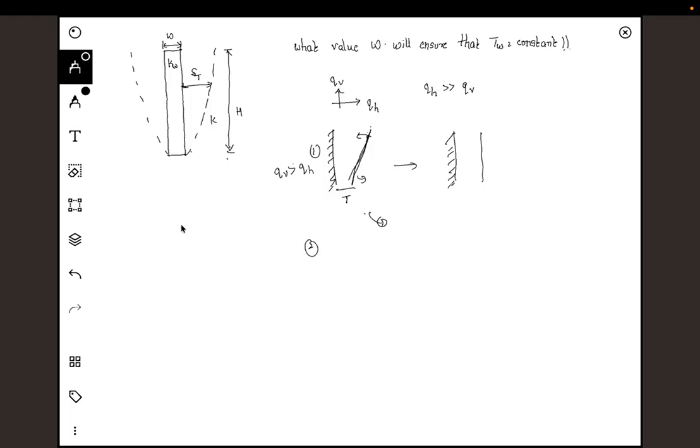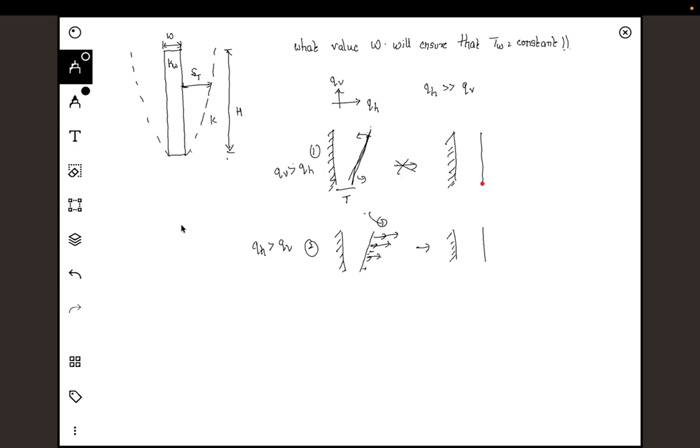The other thing that could happen is, when you have the same temperature profile like this, there will be more heat transfer on the top and successively smaller, lower heat transfers as you come to the bottom. And that would mean again you will get a uniform temperature. So this would happen when you have horizontal greater than vertical. But in the first scenario, when QV is greater than QH,